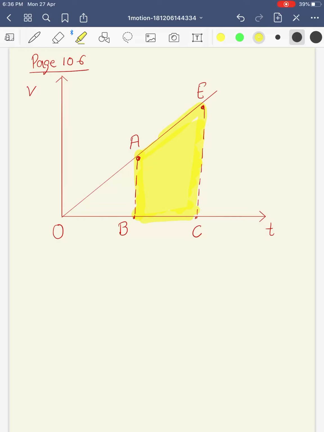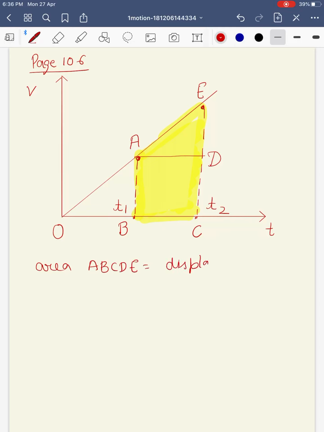So how will you calculate the area here? Very easy. As you can see that this is a trapezium. ABCDE is a trapezium. Also we can say that this is the sum of a rectangle and a triangle. Okay, so corresponding to point A, here I have taken time t1 and here it is time t2. So here area, that is ABCDE, is equal to displacement, that is equal to